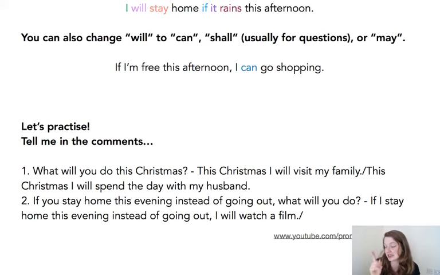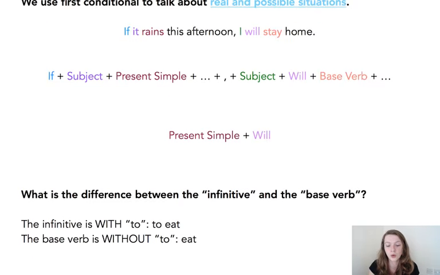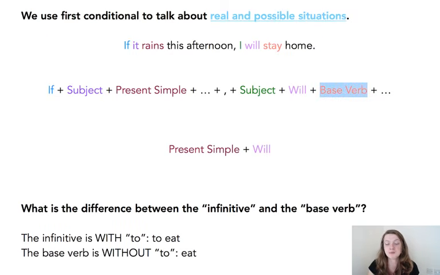Fantastic. Capitalize the I's. If I stay home this evening, instead of going out, I will watching. I will, base verb. By using watching, you're using the present participle. I am watching now. Okay? I am watching this live. It's happening in this moment. We use the base. I will watch